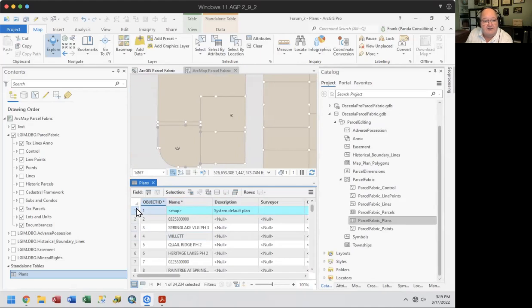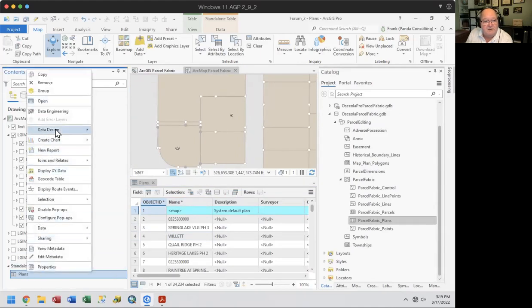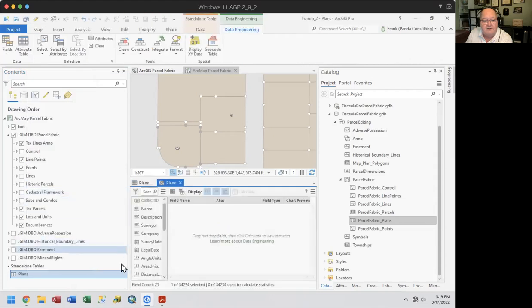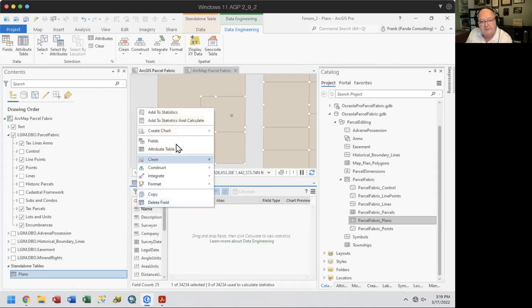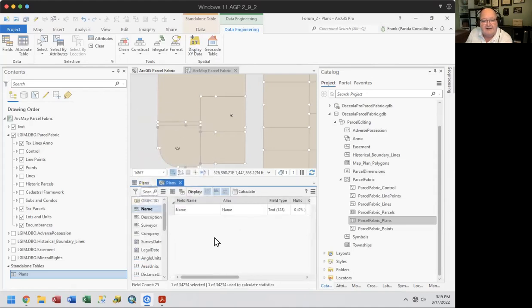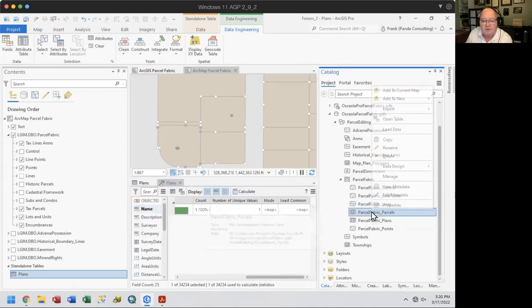So again, I'm going to use data engineering here for it to tell me that on this plan table, go ahead and add the stats and do it. I can see that in fact, for number one, there's only one with the map document. Let's go ahead and calculate the stats on here. I only have one in the table,